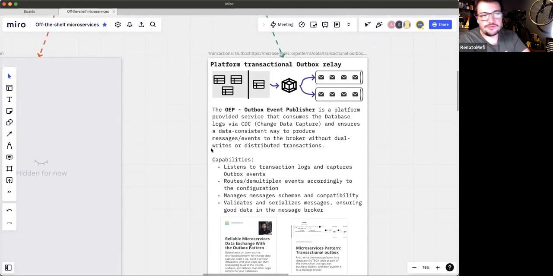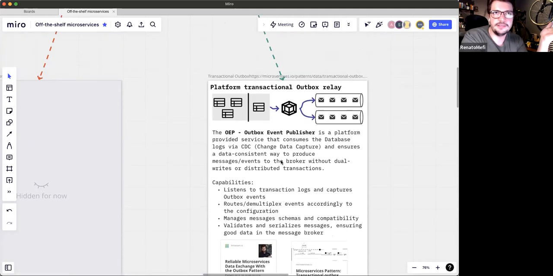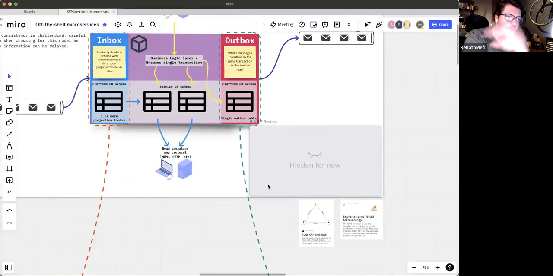So this was a very interesting pattern. We reused the change data capture, which was very, very nice. So we could have high throughput inserts and very little logic on the application side. On the other hand,